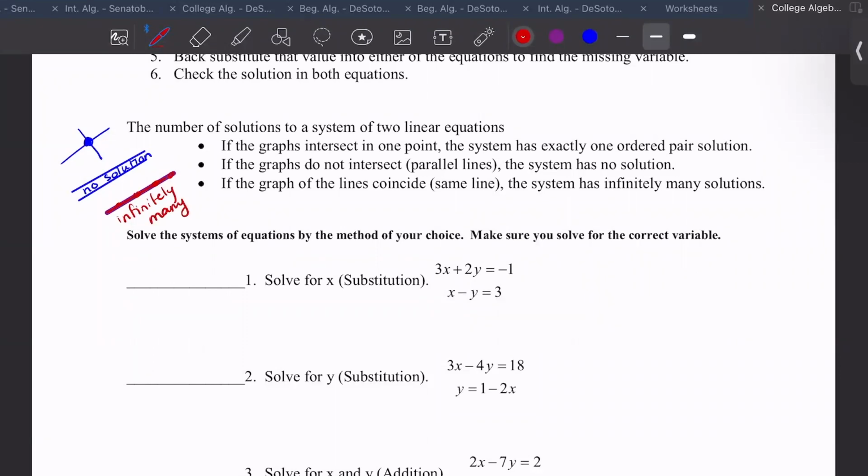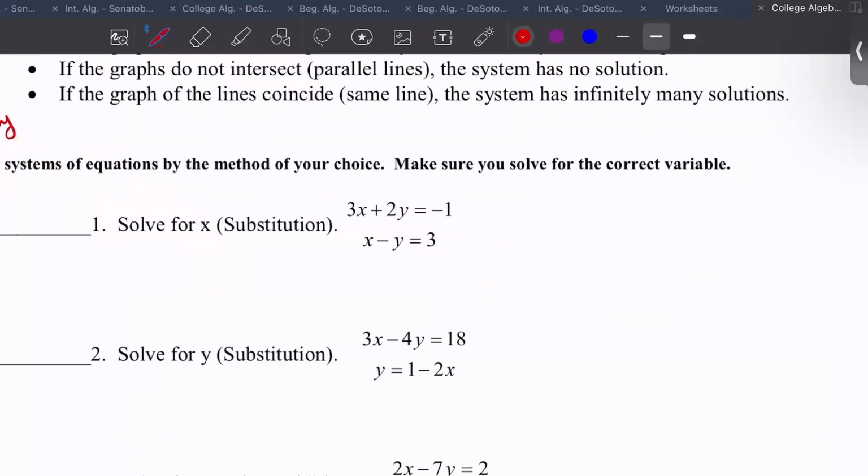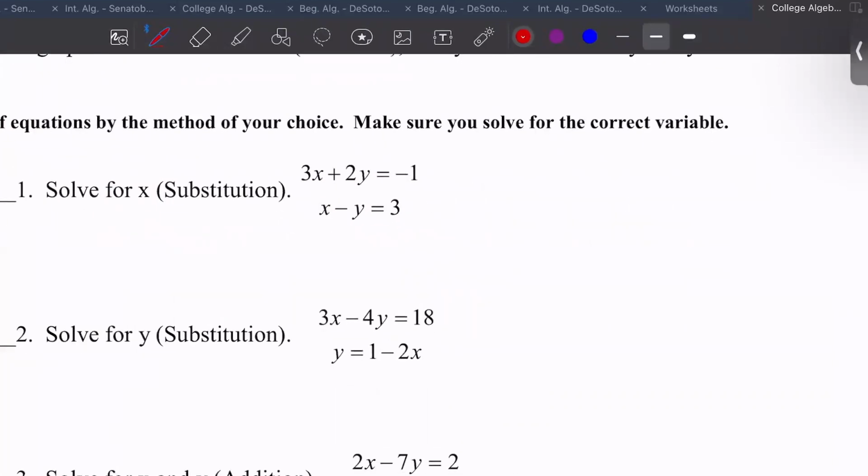Okay, so let's work these examples. This one says solve for x, substitution. Okay, substitution is when you'll solve one of your equations for either x or y, and then you'll plug back in. Okay,